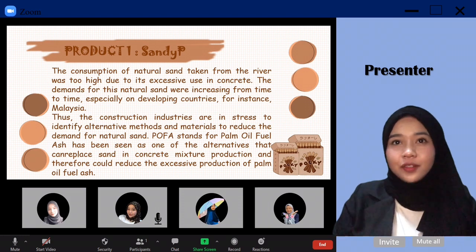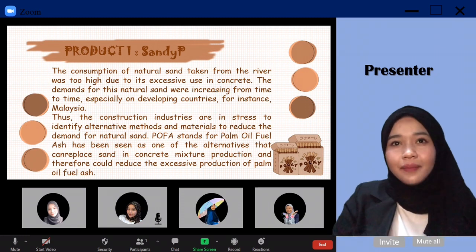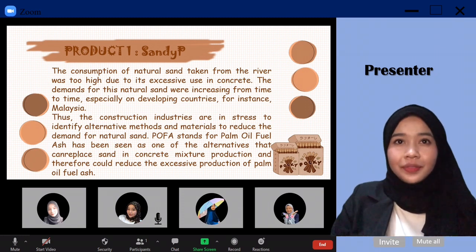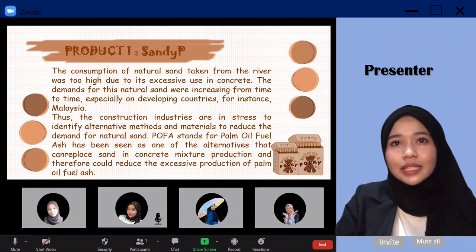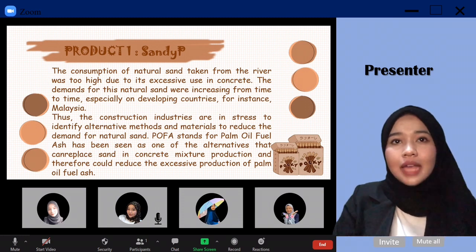The consumption of natural sand from the river was too high due to its excessive use in concrete. The demand for this natural sand was increasing from time to time, especially in developing countries, for instance like Malaysia. Thus, the construction industries are under stress to identify alternative methods and materials to reduce the demand for natural sand. POFA, which stands for palm oil fuel ash, has been seen as one of the alternatives that can replace